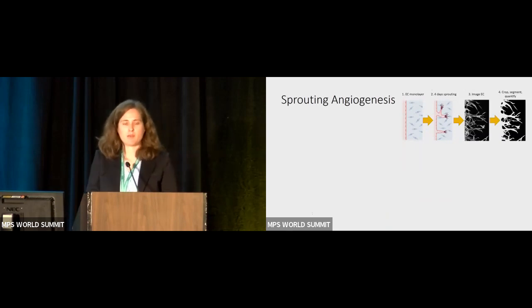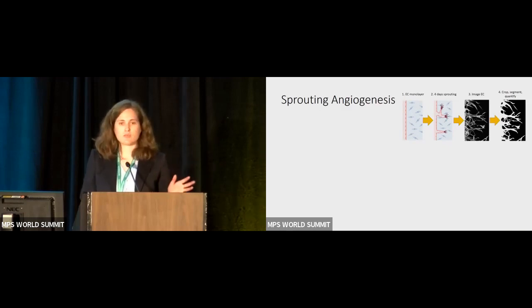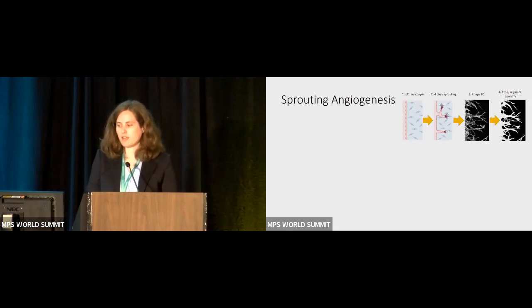I also simplified the model in order to look at sprouting angiogenesis. So a lot of these features had already pointed to this pro-angiogenic phenotype as we expect in the tumor microenvironment. So I simplified the model down to the hydrogel with the embedded fibroblasts and now localizing the endothelial cells as a monolayer on one side. So as we apply the monolayer, the endothelial cells will then sprout into the fibroblast-laden gel, and then I can image the fluorescent fibroblasts and do image processing to crop and segment and quantify the degree of sprouting in each